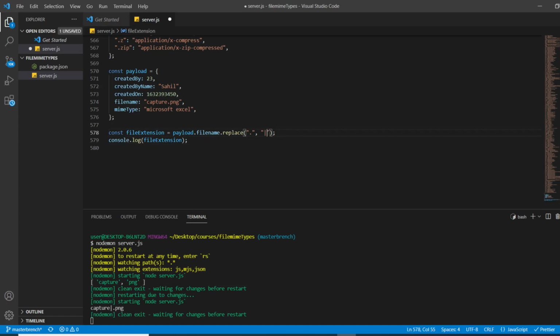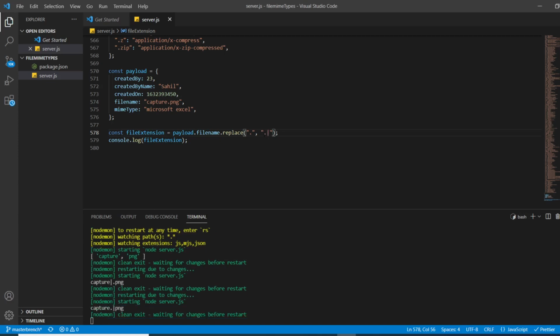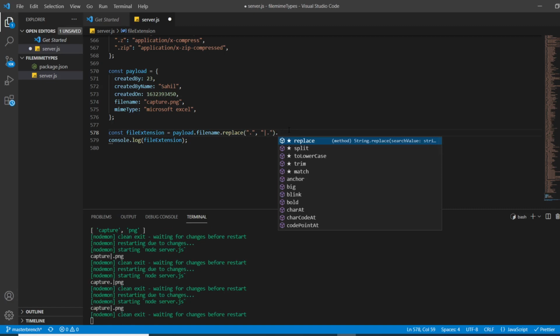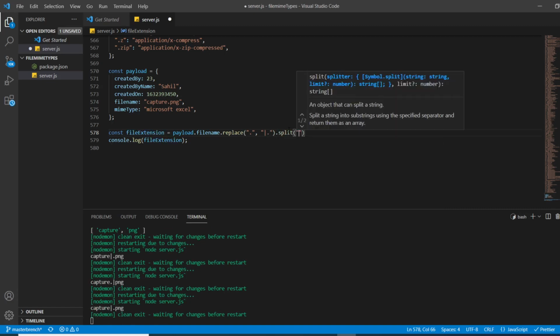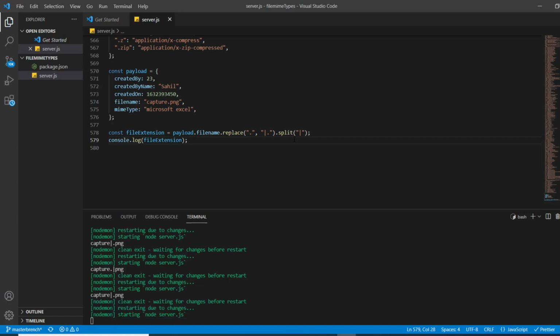Sorry, we have to replace it with the dot, no sorry, pipe dot, and then save it. And after replacing it, then we can split it by dot, not this dot but the or operator. Okay, I think it should work now.